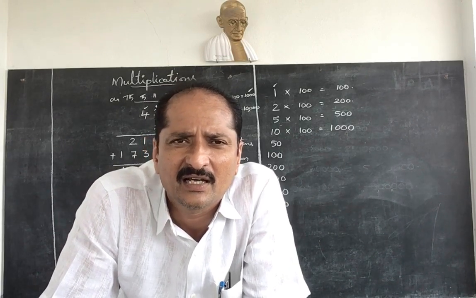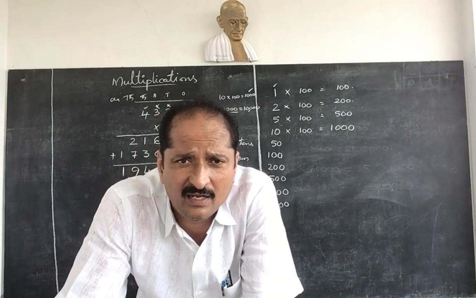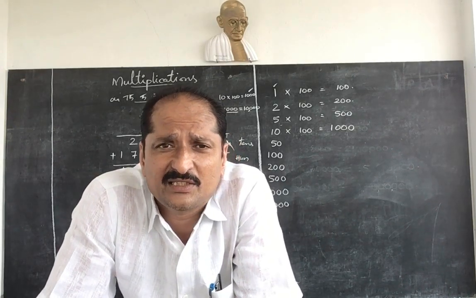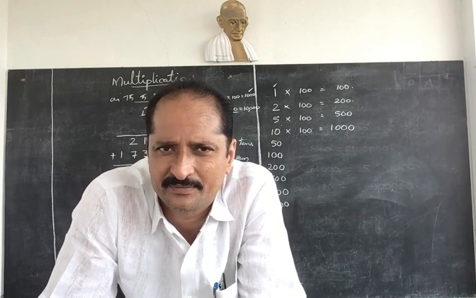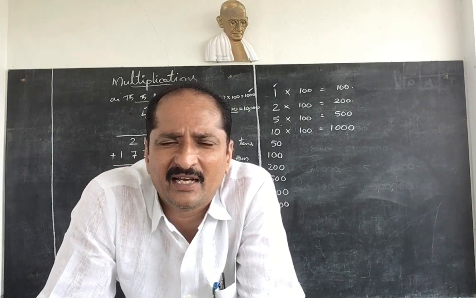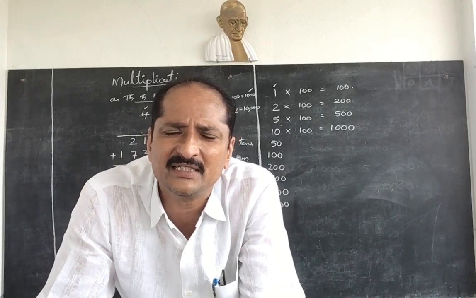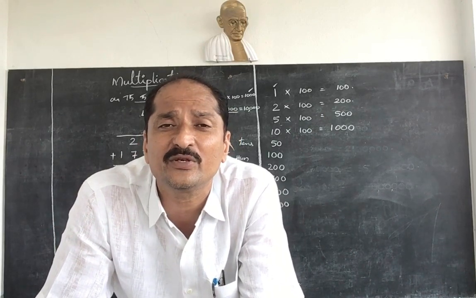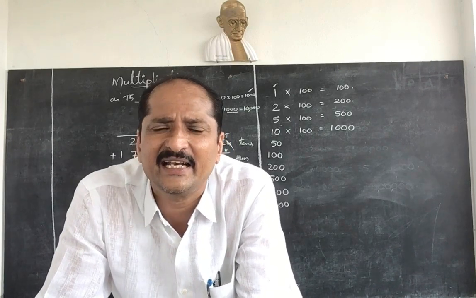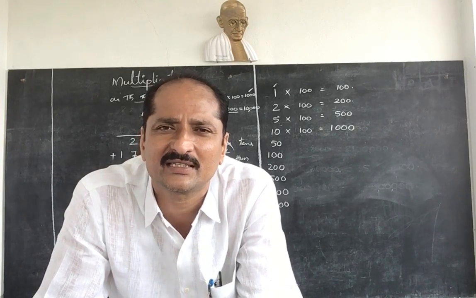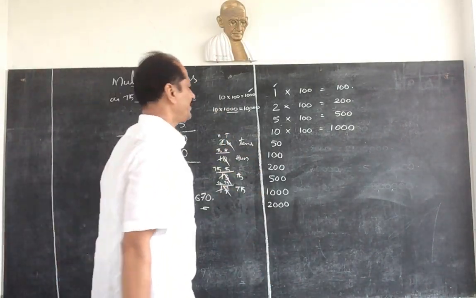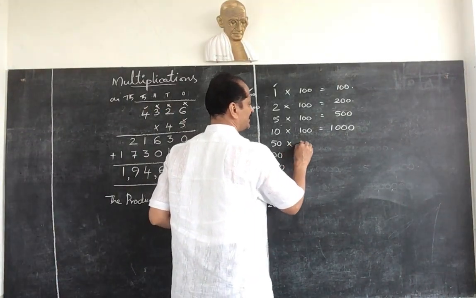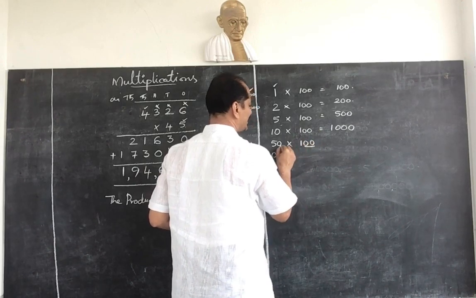If your teacher asked you to bring 1000 rupees for going on an excursion, then if you bring a 10 rupee note bundle, that means 100 10 rupee notes, 10 into 100 gives 1000. That is that. So similarly, a 50 rupee bundle value is 50 into 100. So 2 zeros here, 1 zero.